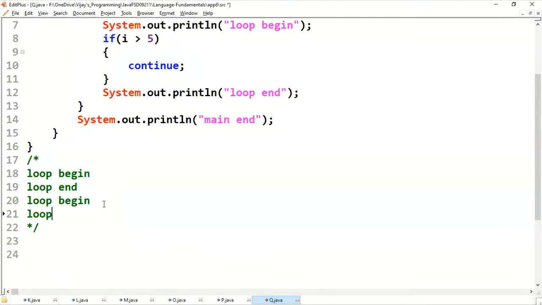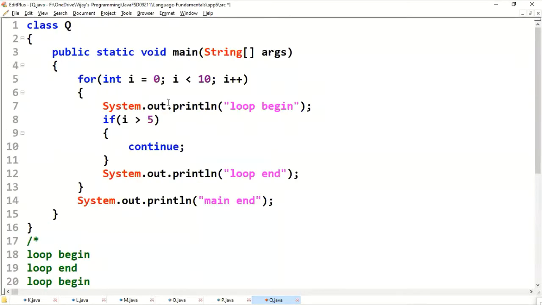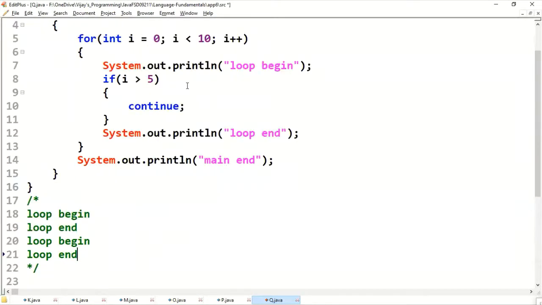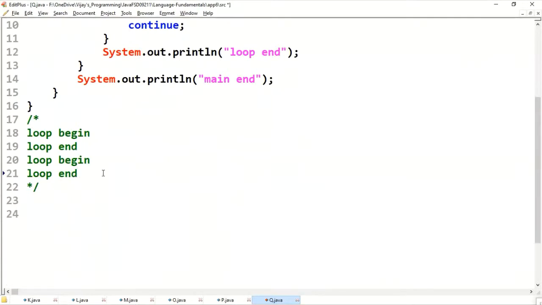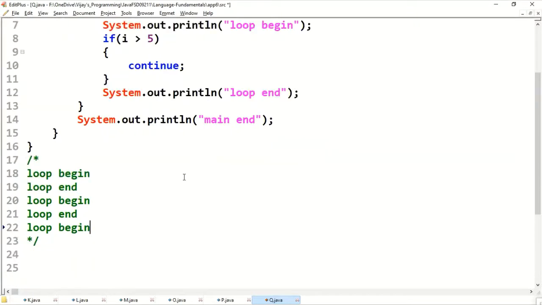Printing loop end. 1 is becoming 2. 2 less than 10, yes. Loop begin. 2 greater than 5? No. Loop end.